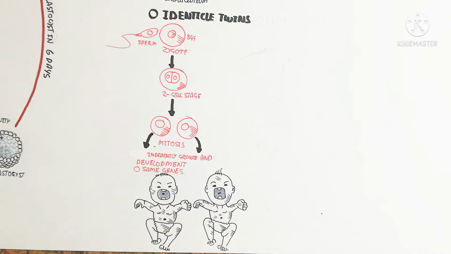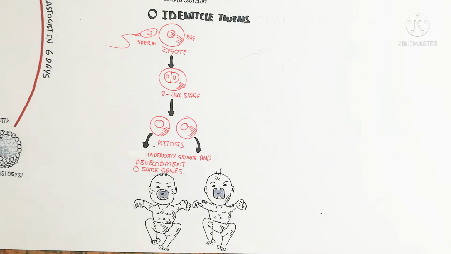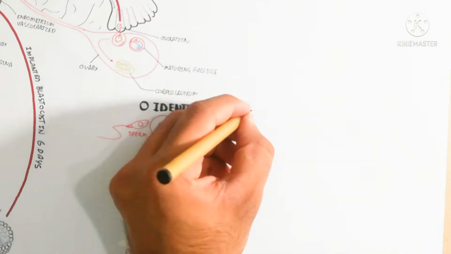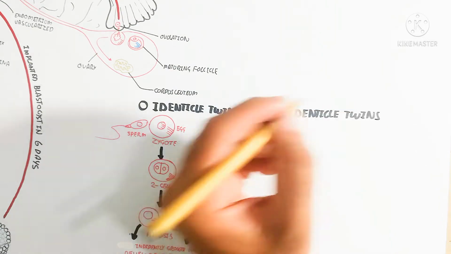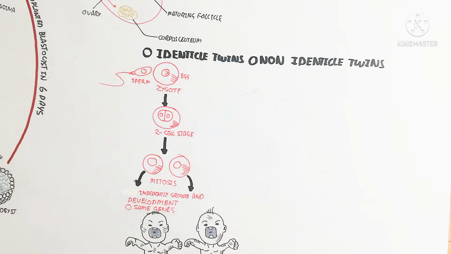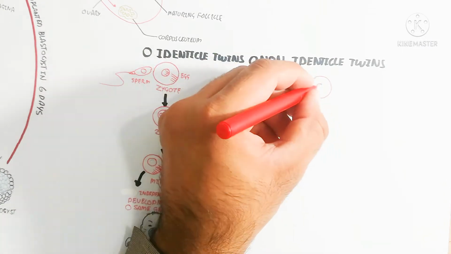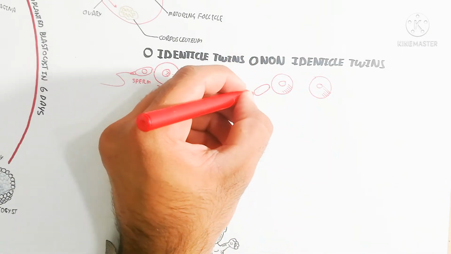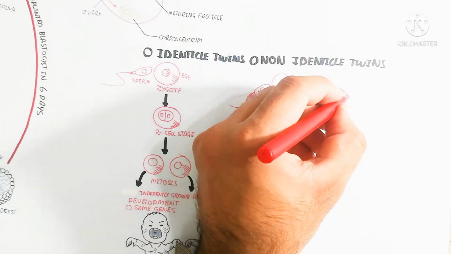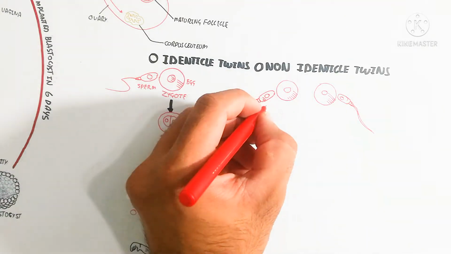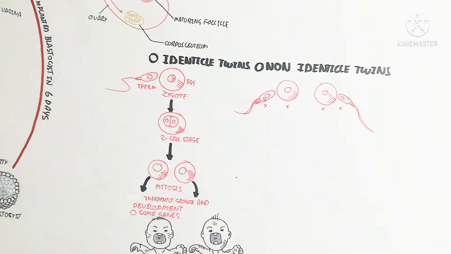On the other hand, for non-identical twins, different sperm unite with different eggs. It means two eggs are produced in the same menstrual cycle, while normally one egg is produced. So the Y chromosome containing